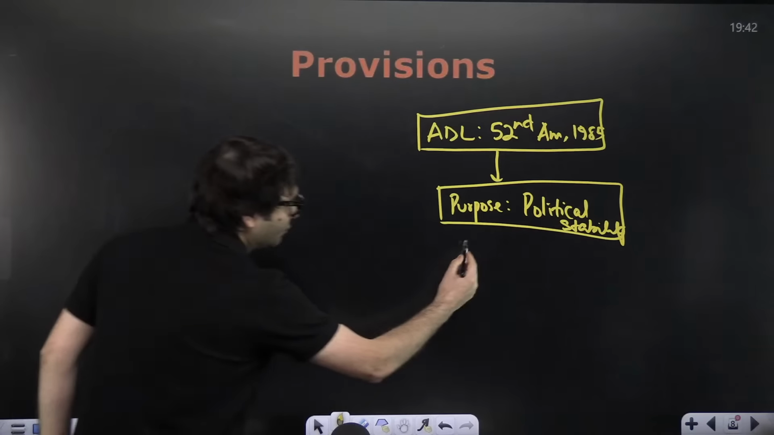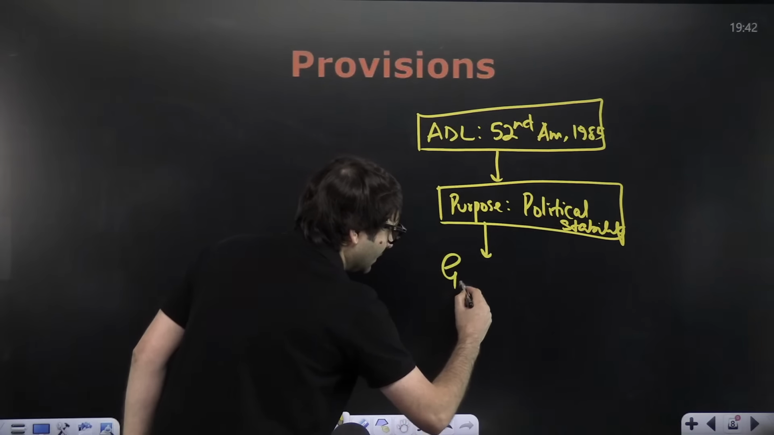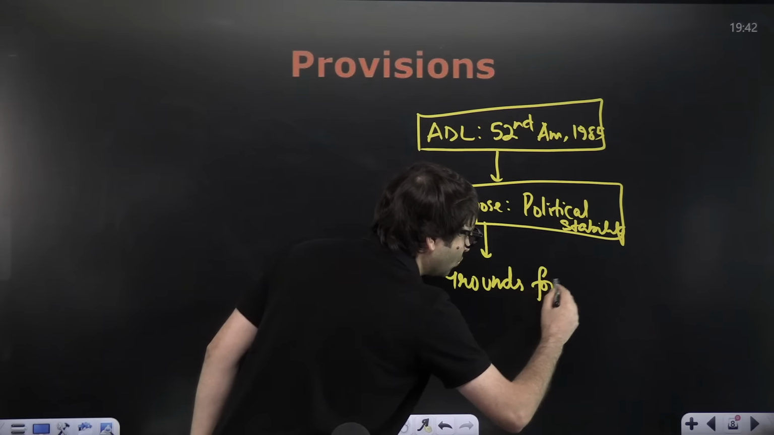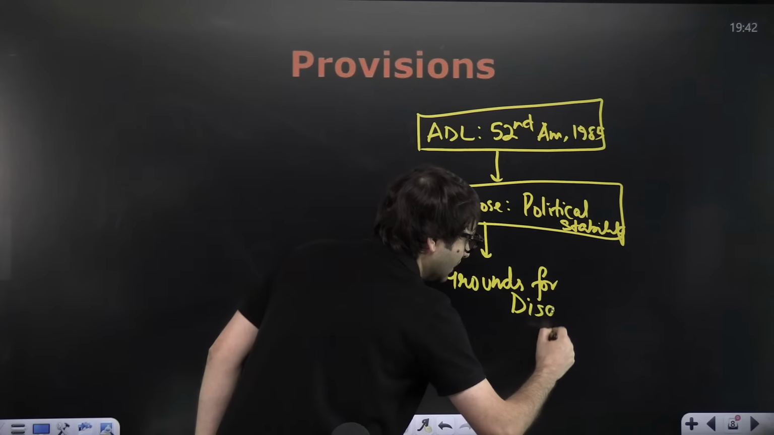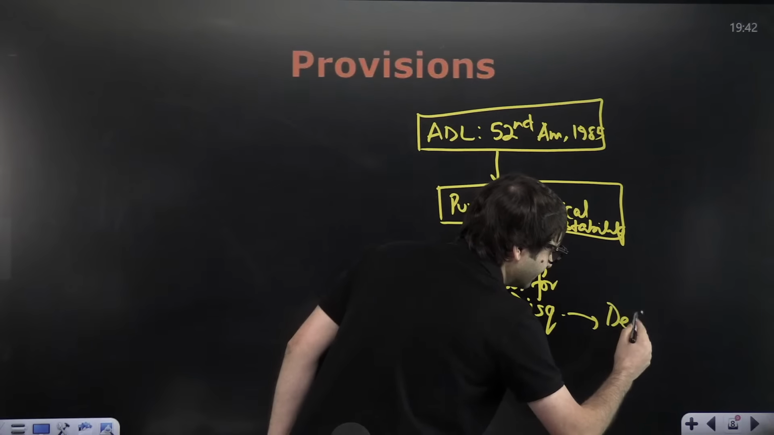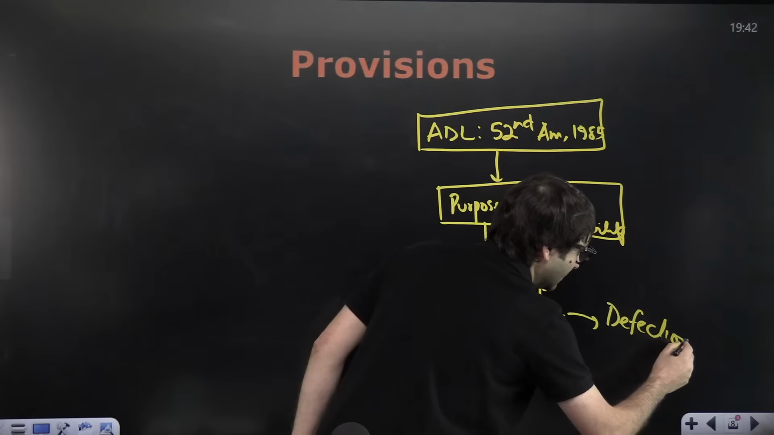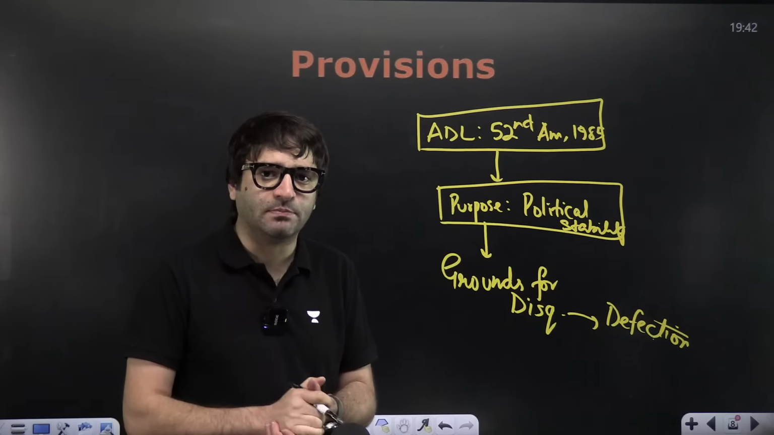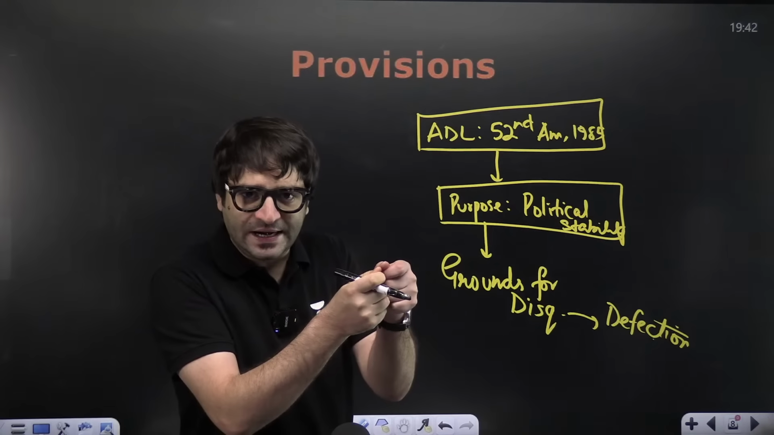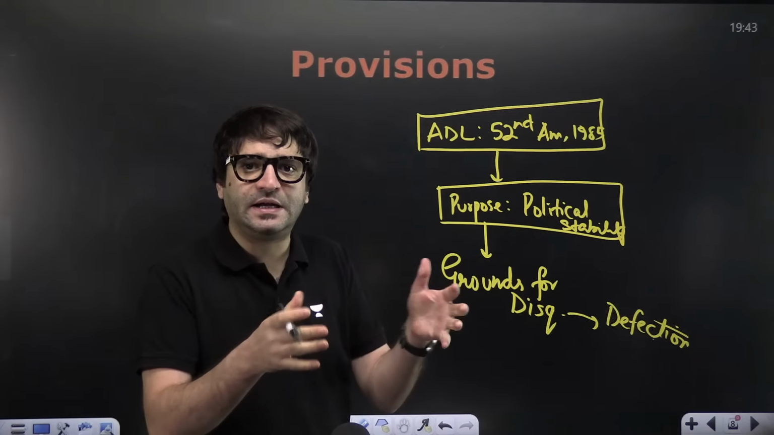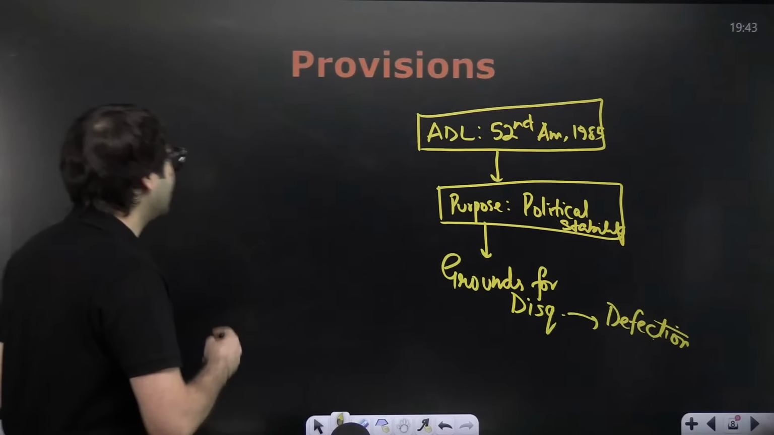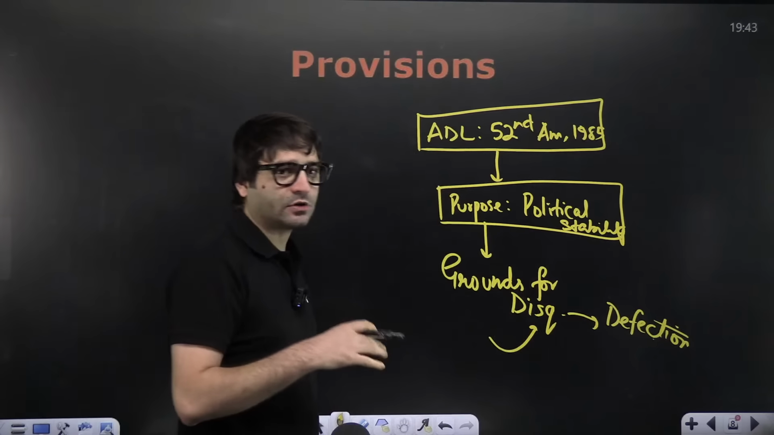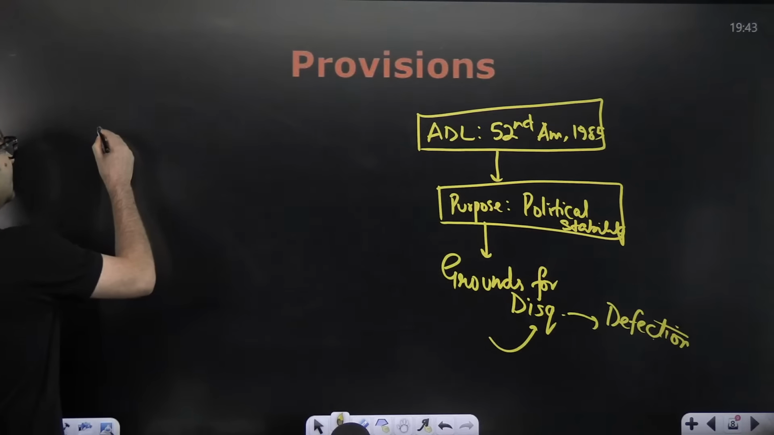If you look at the provisions then, what are the grounds for disqualification on the grounds of defection? This is where some of you may have a concern, may have a problem. Should I write the entire statement or should I write in keywords? For example, grounds for disqualification on the grounds of defection. Who will be disqualified? Number one,